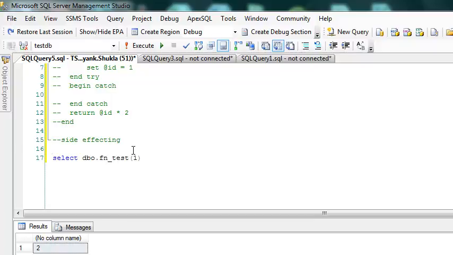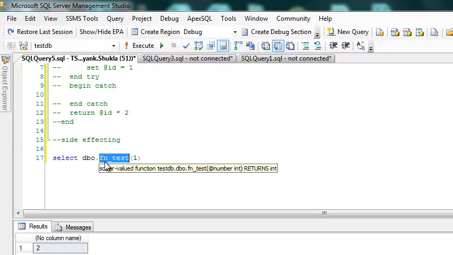If I'm using a table just above this function, and within this function the table value is getting modified, then I do not expect that from a function. Moreover, this select acquires a shareable lock, a shared lock. If I do any kind of DML operation within a function, it requires an exclusive lock or maybe an update lock, intent exclusive, anything, right? But that is not compatible with a shared lock. So if I'm using any kind of modification within a function, it's a kind of conflict that I'm creating, going out of the rules of RDBMS concepts. So for sure I cannot use a DML operation.